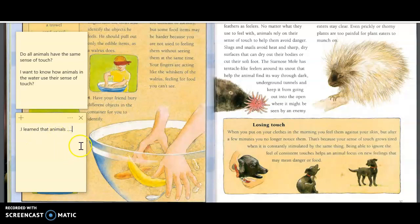Now, boys and girls, since we've been doing this a lot, I'm just including this language frame for you, and I'm not going to complete my thought. I want to see and hear from you. So right now, you need to record one thing that you learned about how animals use their sense of touch. I'm going to give you just a few moments so that you can write that down. Okay, if you need to pause this video to finish writing on your Post-it note, you may, but we're going